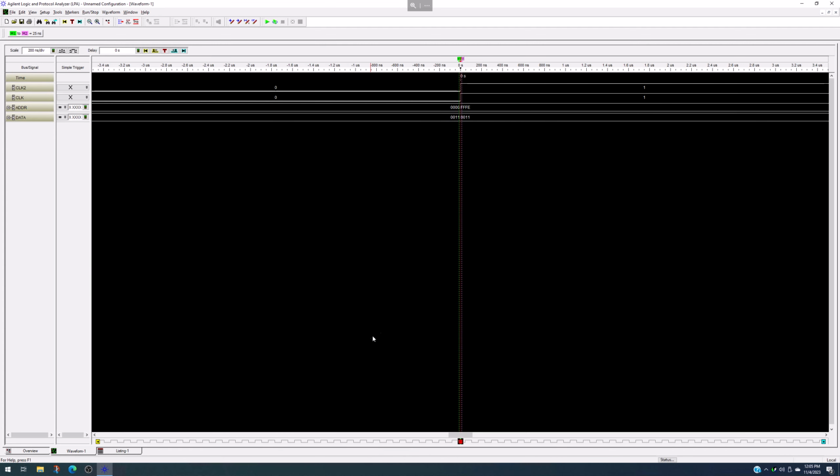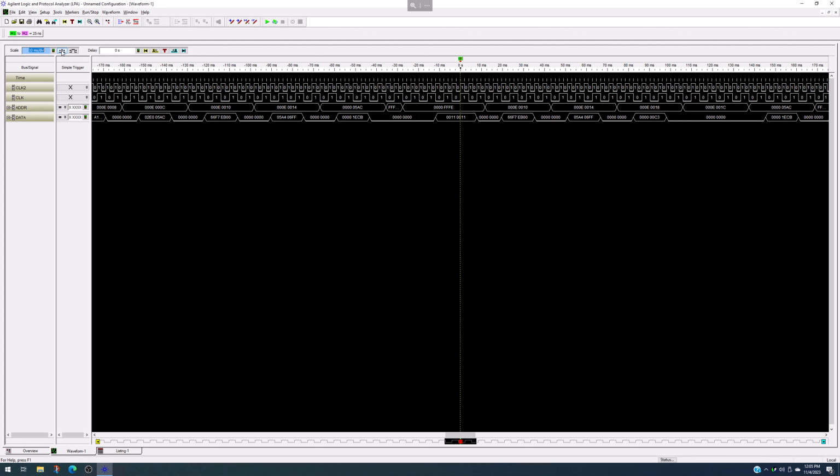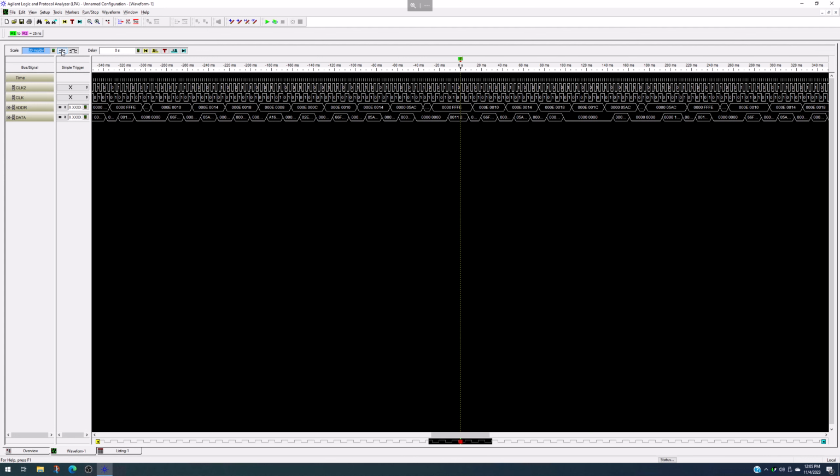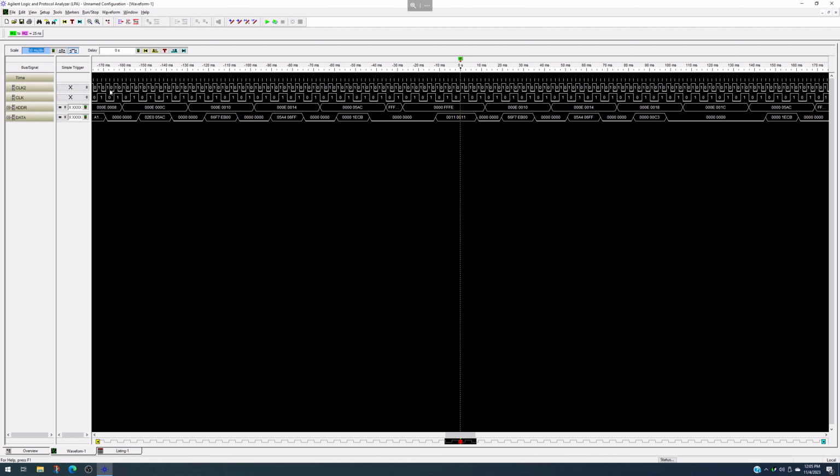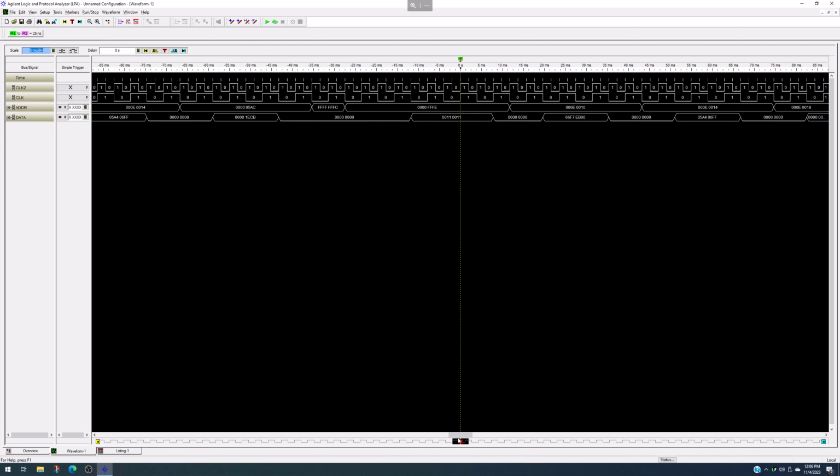I can see that in the waveforms then, if I want to back out and zoom out a little bit. So now this looks much cleaner and easier to work with than it did before, because I'm only capturing data when clock 2 goes up or down. And this time, there'll be a little tick mark every time it captured data. So every little tick mark is a capture point. And then I can see, what did it capture for clock 2? What does my address look like at that point? What does the data look like at that point? And again, I can